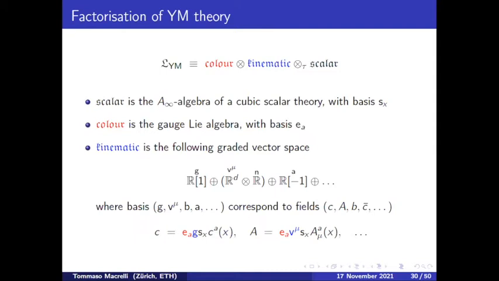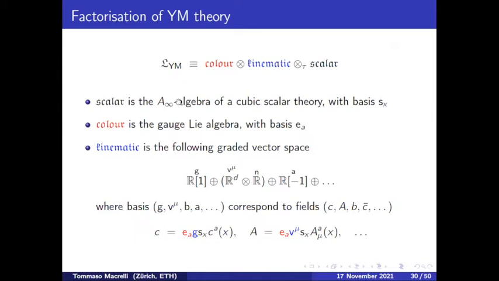Now we want to factorize Yang-Mills theory. We will factorize Yang-Mills theory into a color and a kinematic bit, and also a scalar bit. So scalar is the A infinity algebra of a cubic scalar theory. It will really provide the bones of the diagrams of the theory. Next, we have color, that is simply the gauge Lie algebra of the gauge theory we are considering,